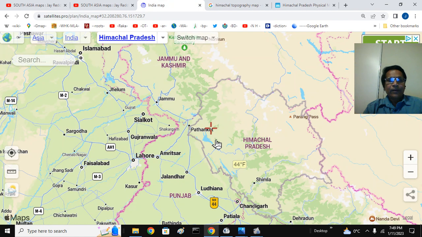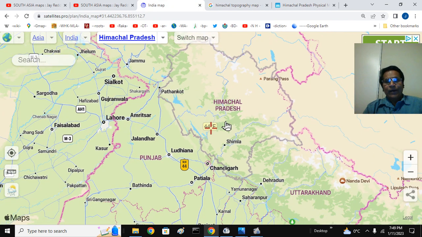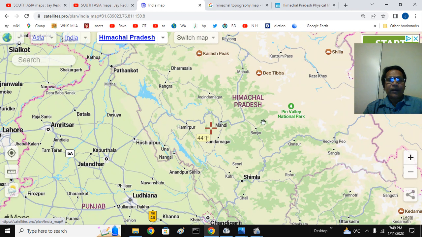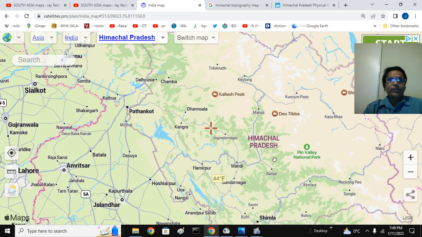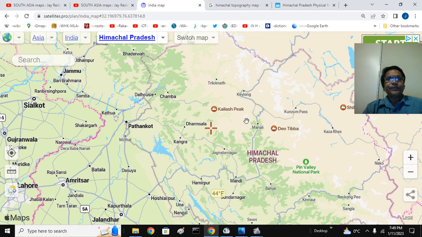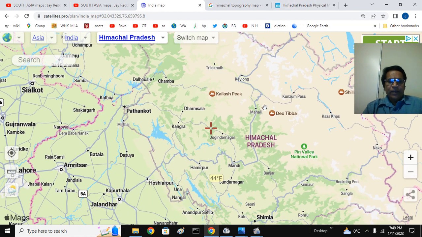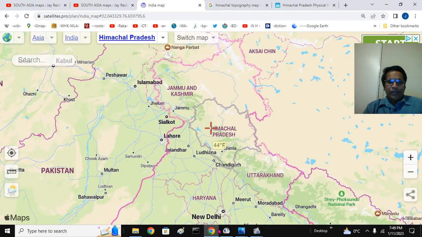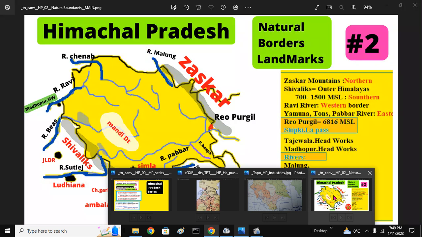That is, you can look at the same thing. So if you look at the administrative political map, you won't get much, and you can see here the Sutlej River here. This is the Bakranangal, this is the Pong Dam and the Bias, and Zaskar mountains and Shiwaliks mountains, Pathankot here in the Gurdaspur district, that is in the Barido, the region of East Punjab or Purbi Punjab. Yeah, that is in a sense about the natural boundaries of the Himachal Pradesh, that is the Pahadi speaking Punjab